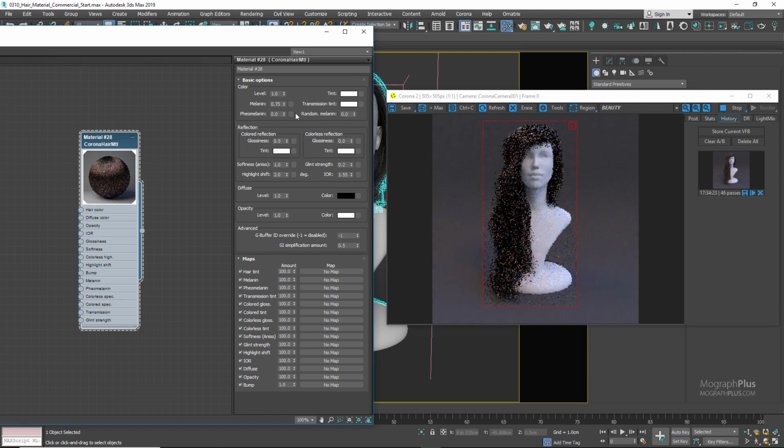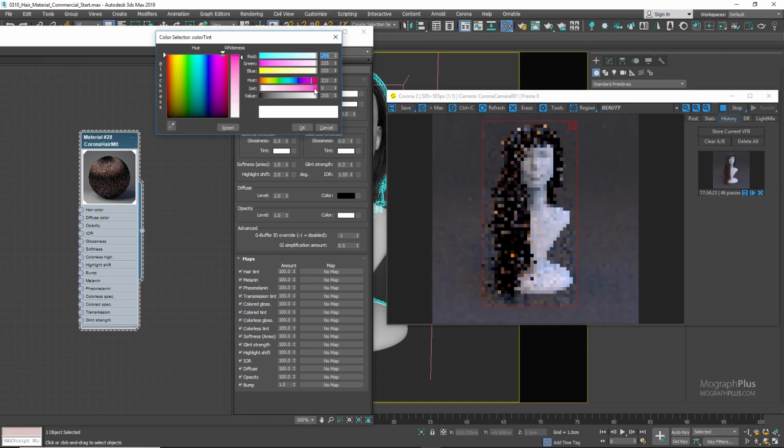So if you set the level to 0 or tint color to black, we get a totally black color because the hair strands will now absorb all the incoming lights. The tint color should stay at white when you use the melanin, pheomelanin, and random melanin values to determine the hair color. But as the name suggests, the tint color tints the calculated color of the hair strands from melanin, pheomelanin, and random melanin. If I set the tint color to a very saturated pink color,